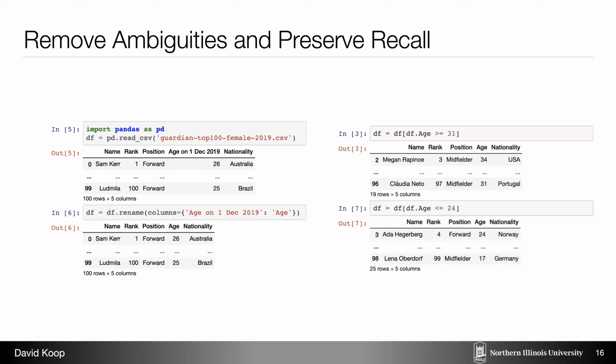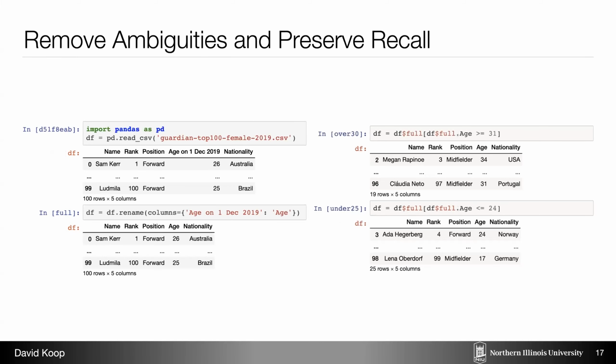And again, to illustrate this, here is a simple data set looking at soccer players, analyzing them using the pandas library. One of the things that you'll notice here is that df keeps on being redefined. That's my data table, my data frame. And so knowing exactly which df I'm referring to, the one from cell 5, cell 6, cell 3, things like that, can sometimes be problematic, especially if you come back to this 2 weeks later or 2 years later, or you give it to somebody else.